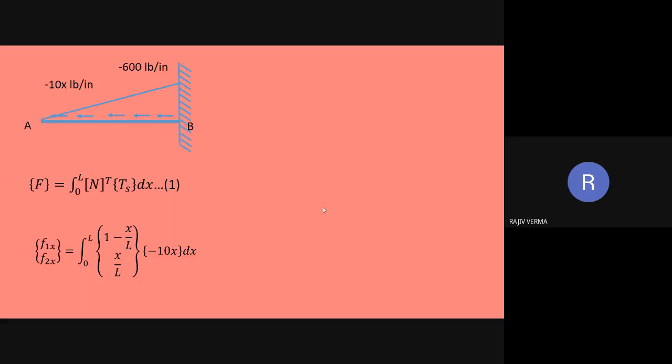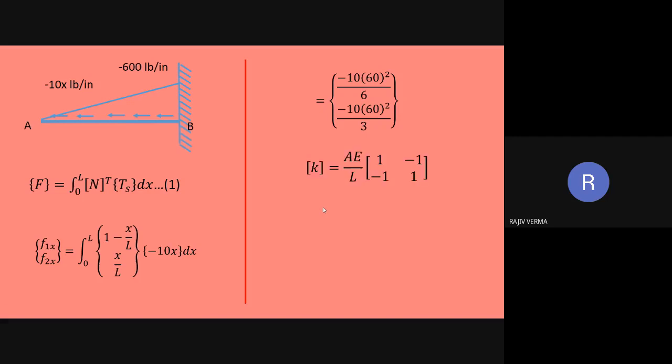And when you carry out the mathematical requirements, what we get is the forces acting on the two nodes. As you can very well see, the forces which we have obtained are acting towards the left hand side. Obviously they are supposed to be acting towards the left because the loading on the bar itself is acting towards the left.